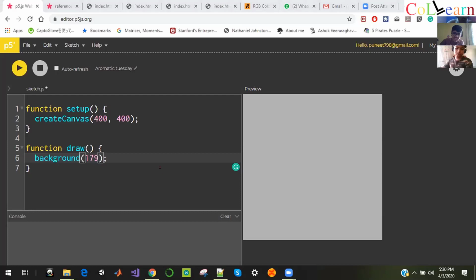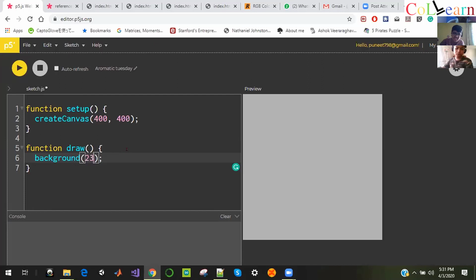But in the real world, there is more than gray, white, and black. So we need more colors like red, magenta, and everything like that. So what we'll do is we'll write 3 numbers in the background now. Yeah, it worked. Good. We'll write some 3 numbers randomly, but all the 3 numbers should be in between 0 to 255.